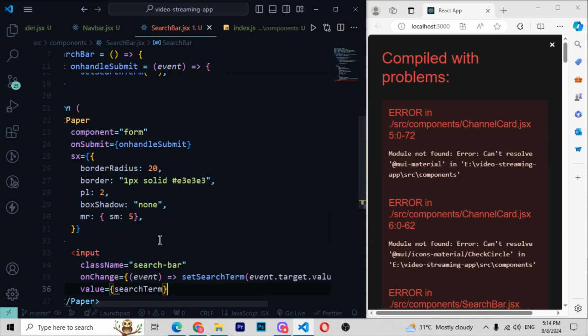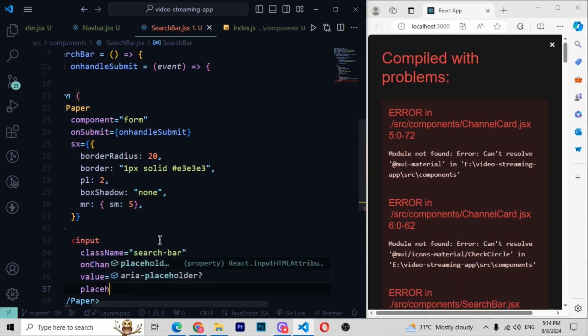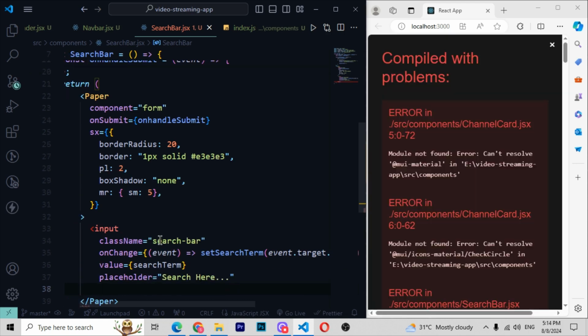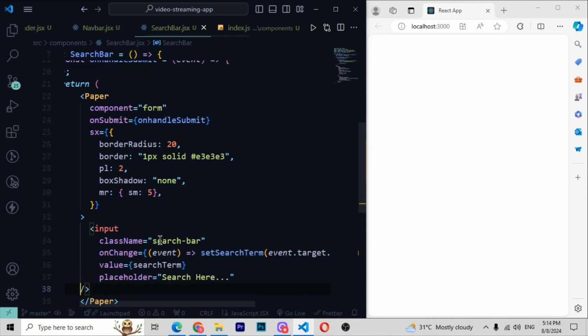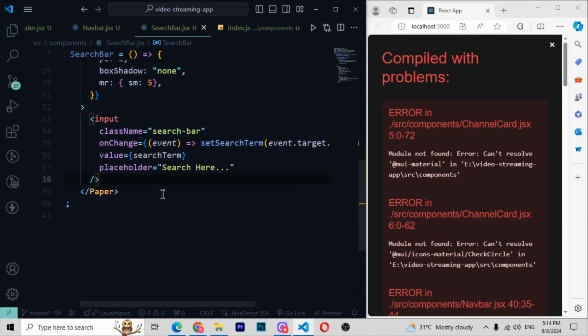Now after writing this search term, I will be writing the placeholder in that, which should be "Search here". So here you have to write it like this, search here, and three dots in the end. Close it by using this close value. Now we have created all the code which we want to create, but still we are